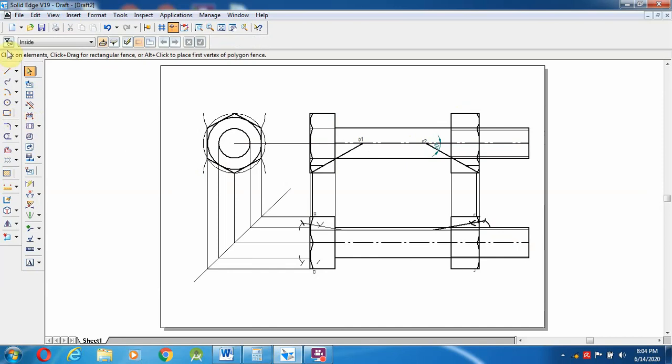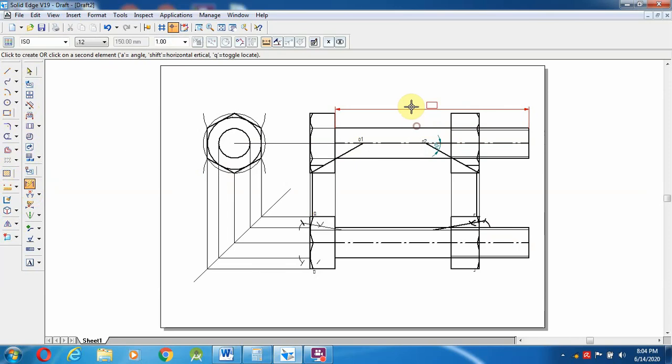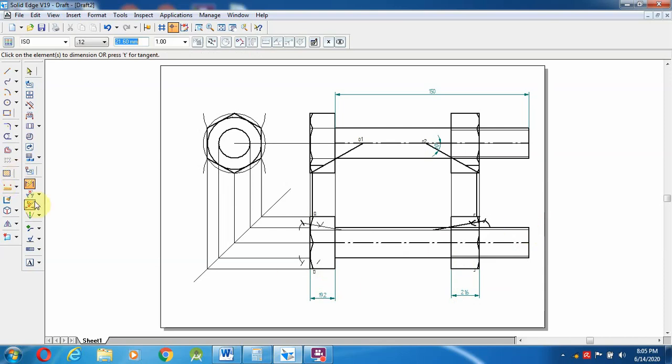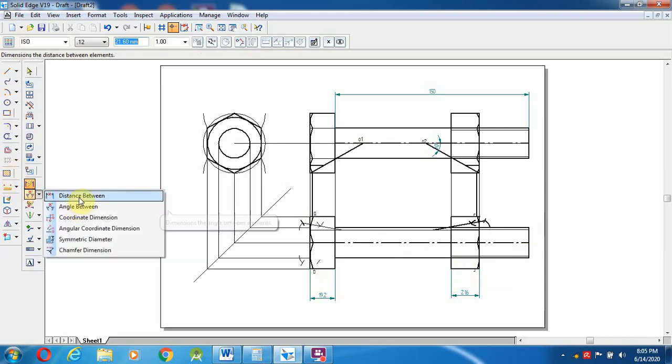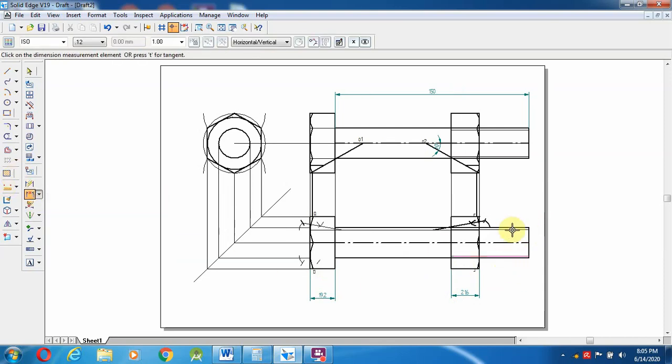Now we can give the dimensions with smart dimension. This is one line, this is one more line, and even this is another line. Select the axis distance between.